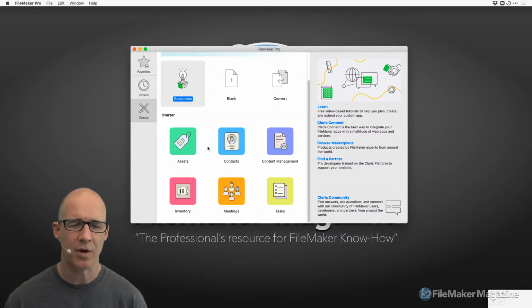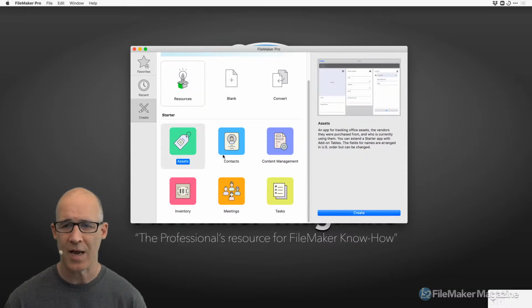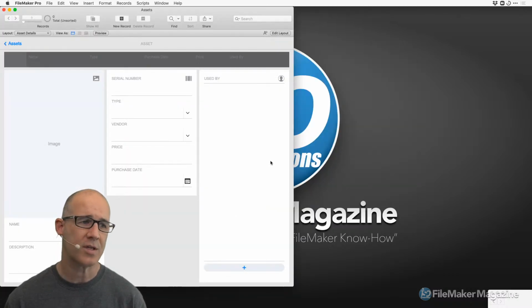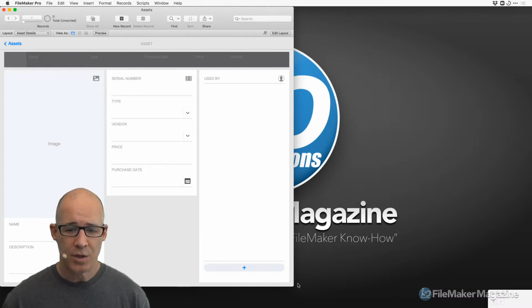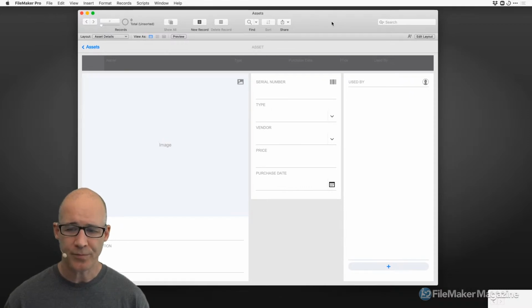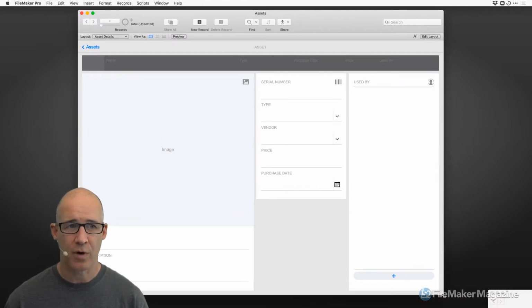Actually, you know what? Let's go ahead and go with one of these starters. Let's go with Assets right here. When I click to create this, I'm just going to save it somewhere and then see what I've got as a starting point. If I'm completely unfamiliar with FileMaker, if I've never used FileMaker before, I've got this